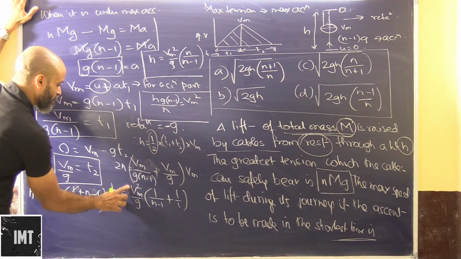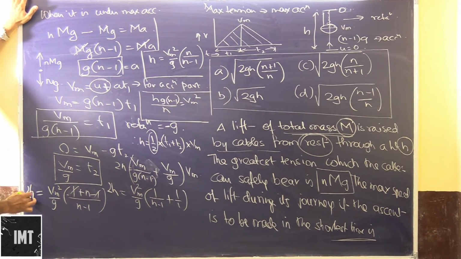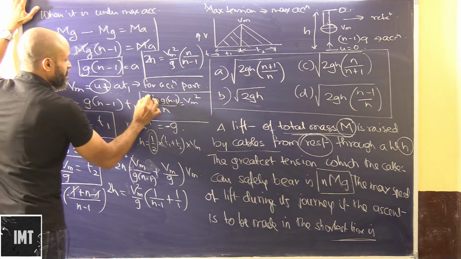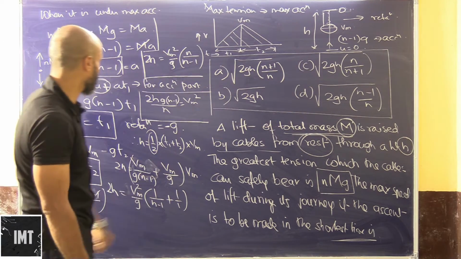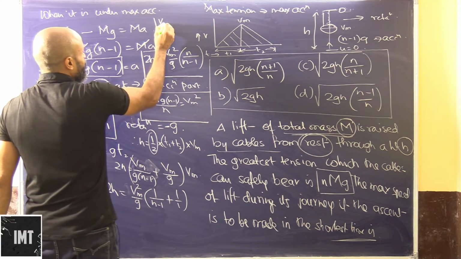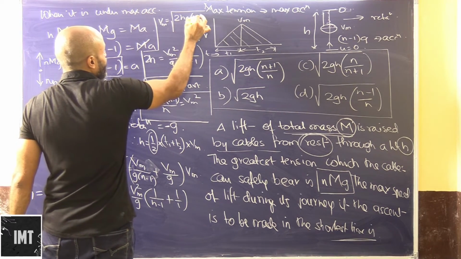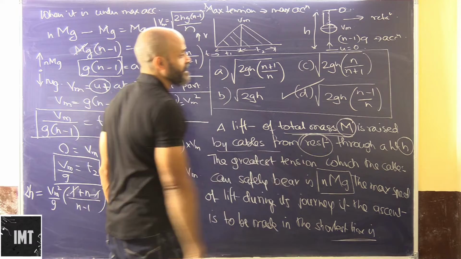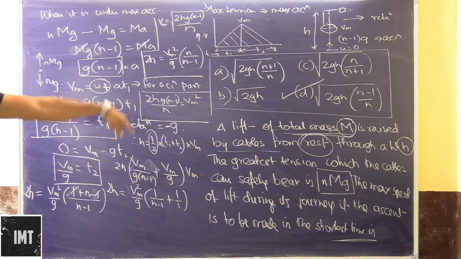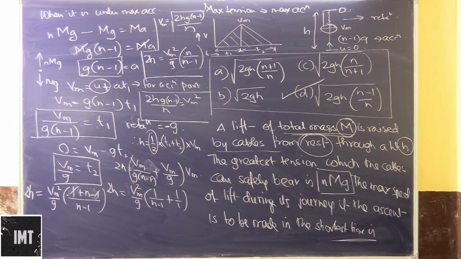So, this 2 is there, right? We have transferred the 2 here. So, this will be 2h. Sorry. 2h. G n minus 1. Are we getting close? Yes, there you go. Okay. So, Vm will be equal to under root of 2h G n minus 1 upon n. So, this would be the right answer here. Okay. Have a look at this, people, and in case of any confusions, please feel free to post your comments.